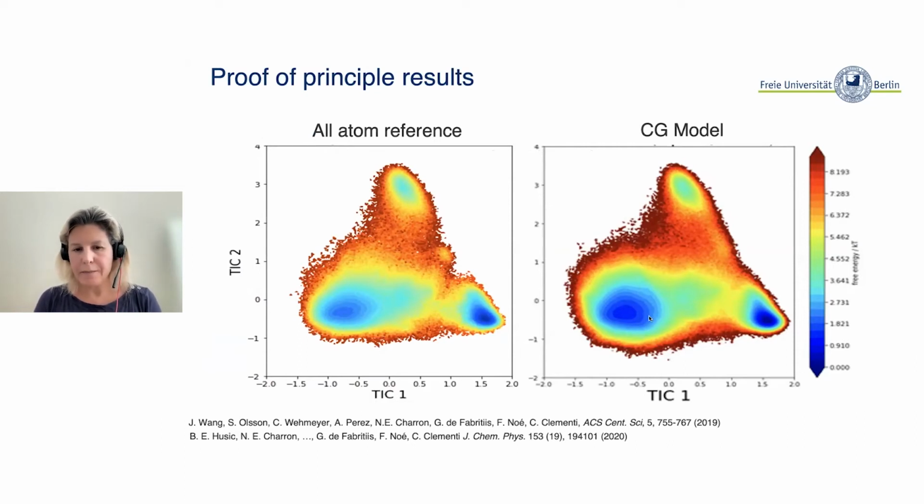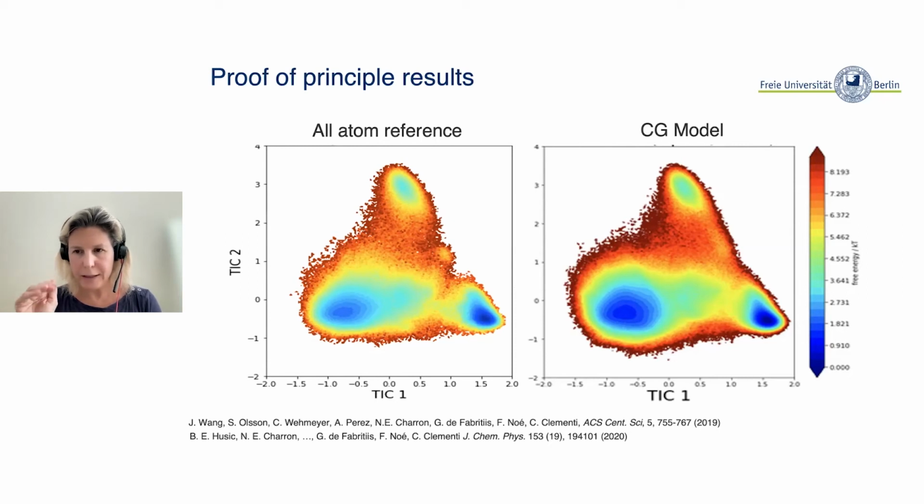There is maybe the unfolded state is a bit overstabilized, but there is some variation in the results. If you do it many times and you average, if you do like a consensus model, it performs better. Anyway, so this is the state of the art of what we can do with training for one